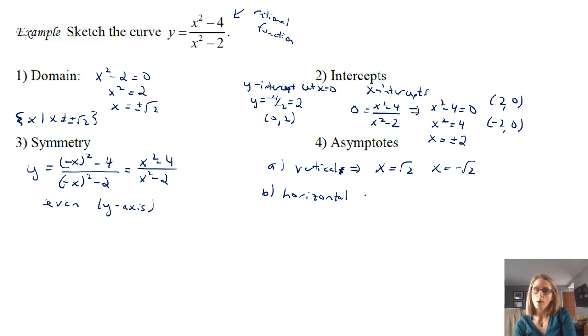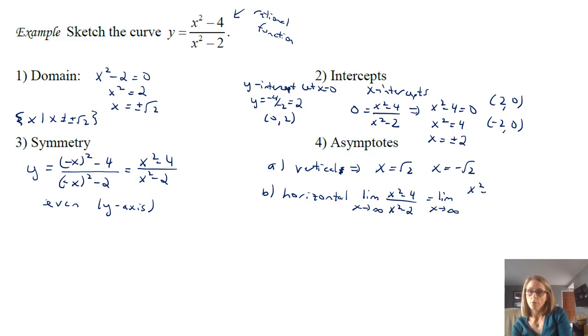So from the work that we did in earlier sections, if we think about the limit as x goes to infinity of x squared minus 4 over x squared minus 2, and we were to divide the top and bottom of this function by the term with the highest degree in the denominator, it's going to look like this,